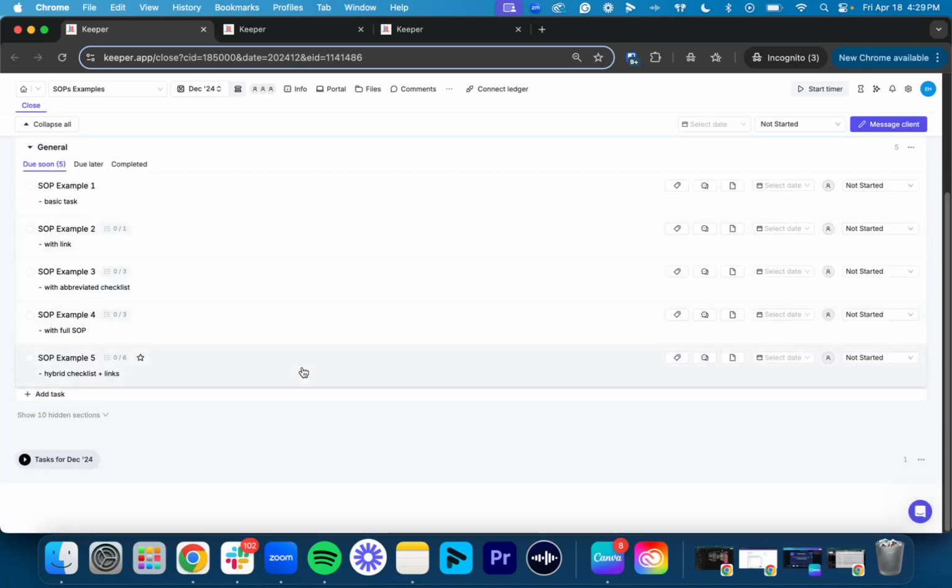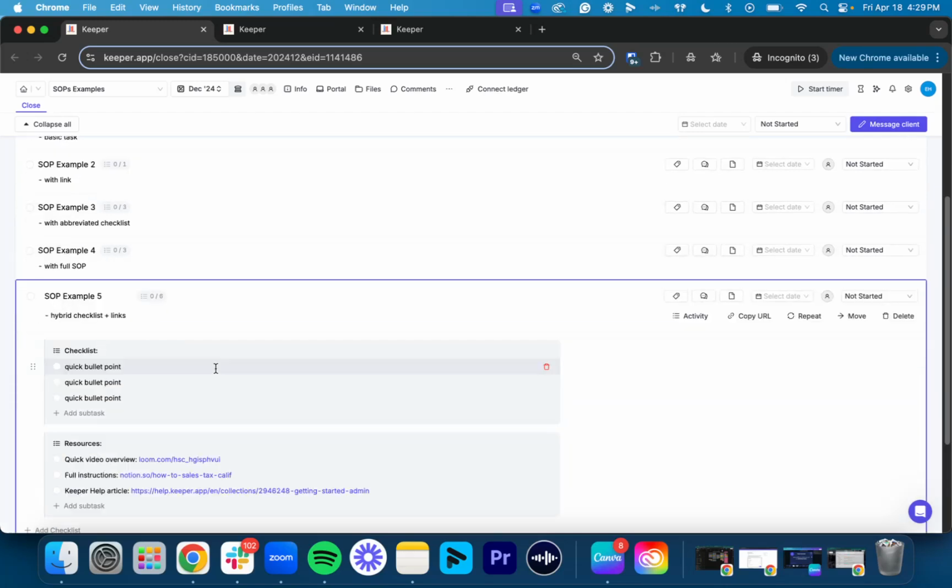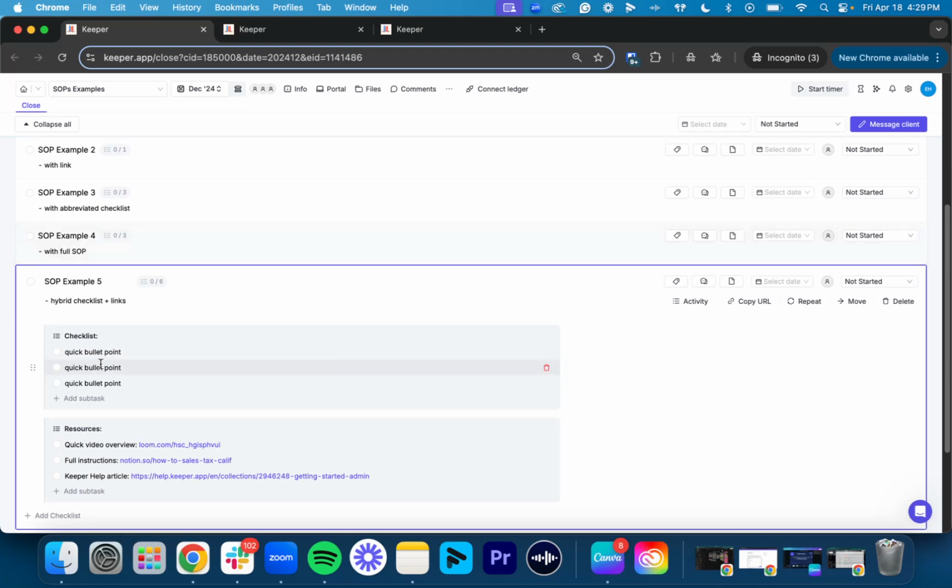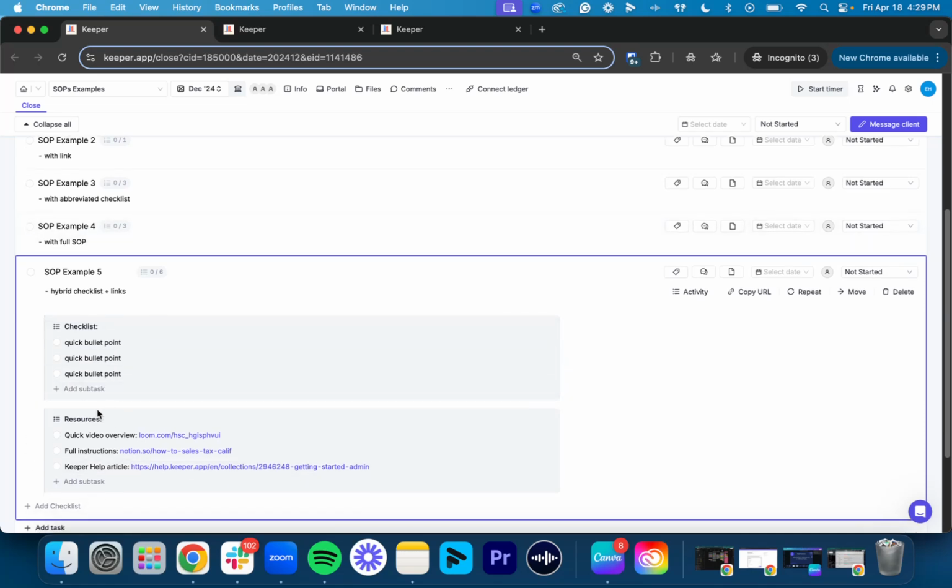Now, this last option I want to show you is a bit of a hybrid. So if we want the benefits of having an abbreviated checklist so we don't forget, or an SOP, but we also want to link out to additional resources for maybe team members that are more visual, that want to see a video, or let's say we like the formatting of Notion a lot better, where we can really get things exactly how we want, or linking out to a help article that can support team members in understanding how to use this feature, or have an FAQ and things like that